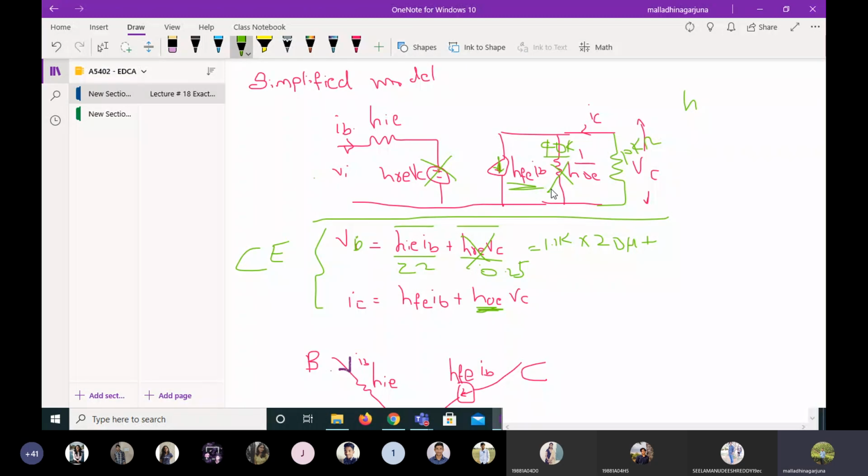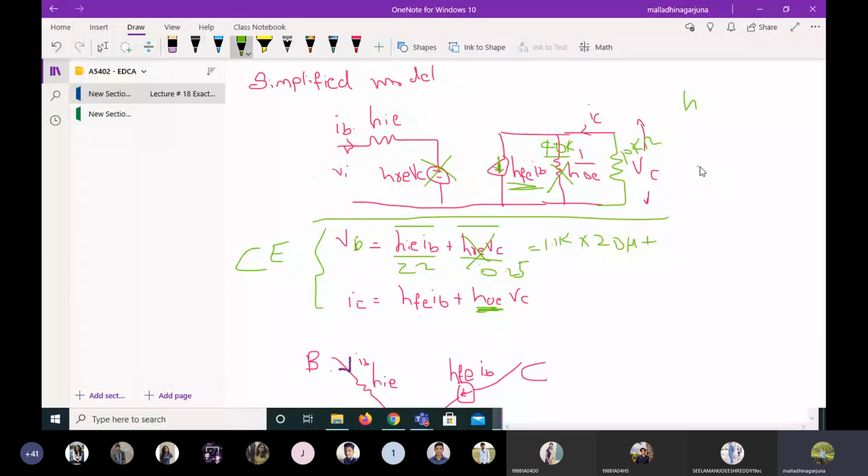For example, if the equivalent load resistance is some other value, not like 10k, then you have to take 40k. For example, if 40k parallel to 10k is equal to, let us say, 20k or 30k, that is not at all equal to 10k. In that situation you can take 40k. But here, 40k parallel to 10k gives a resultant resistance of 8 kilo ohm only, approximately equal to 10k. So for that reason, I'm not taking that 40k into the circuit diagram.